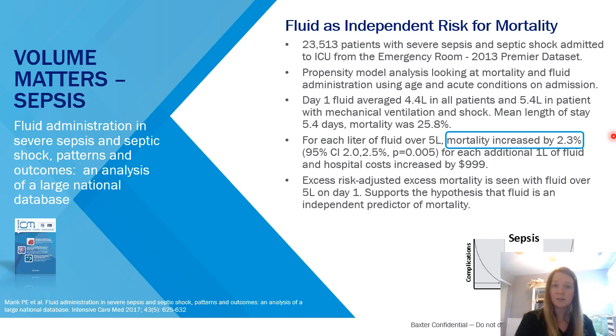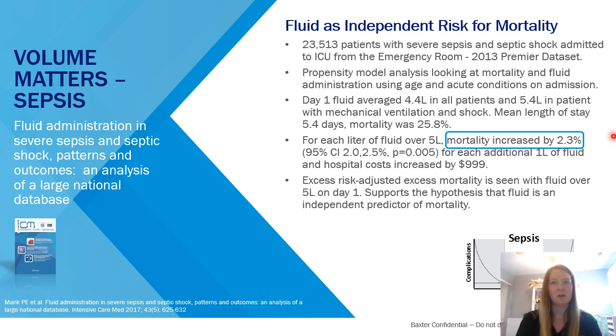Because of CMS guidelines, we're giving 2 to 3 liters within the first couple of hours of admission. Then say our patient's hypotensive and we're giving fluid boluses, or maybe we're starting maintenance fluids, and then we're giving 2 to 3 antibiotics that sit in 500 ml bags, and we're giving them every 4 to 6 hours. So that 33% mortality could be as high as 50% mortality just by adding on IV fluids,